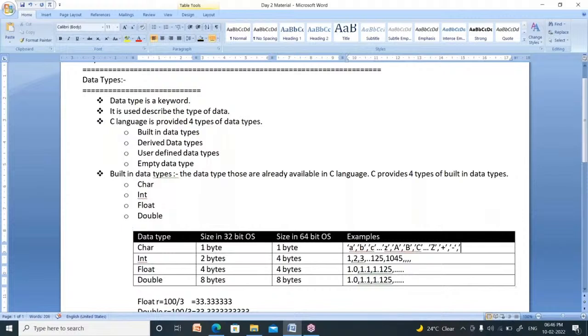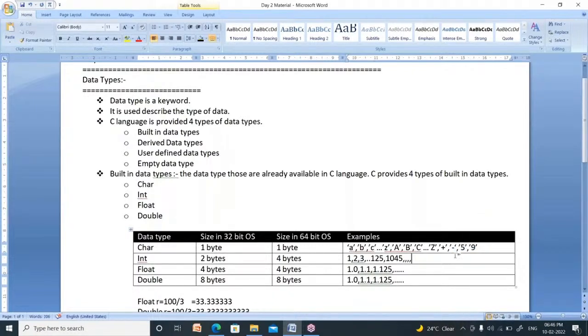Suppose I represent 5 inside the single quotation, then it is also a character. Suppose I represent 7 or 9 within the single quotation, then it is also a character. It is not integer. Actually 5 is integer, 9 also integer. But if you represent those inside the single quotation, then those are called characters.